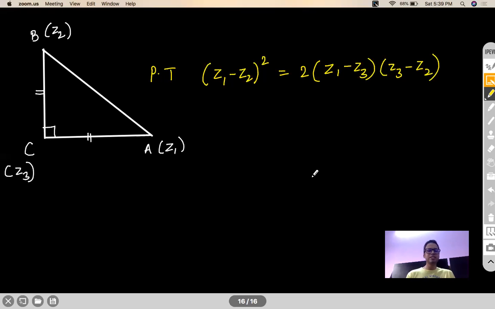Again, these type of questions can always be objectified. So don't be under the impression that they will not be asked in JEE just because it's the prove that question. The question can always be framed like this. Then which of the following relations is correct between Z1, Z2, Z3? Okay, so be prepared for such kind of questions. This is an isosceles right angle triangle. I would again like to repeat that. So keep that into your consideration while you're solving it.